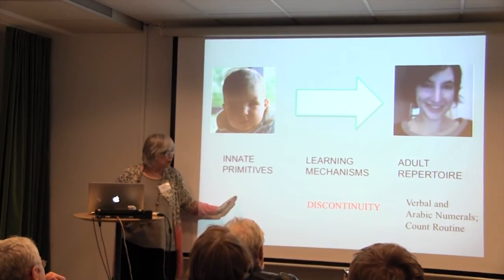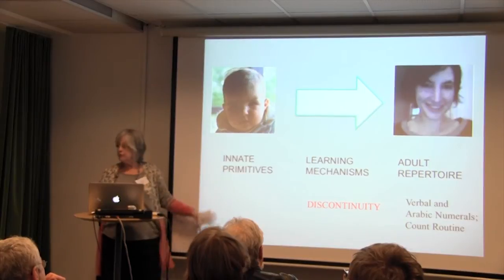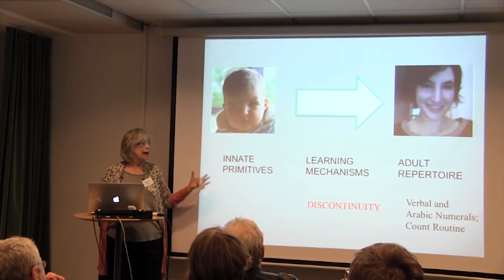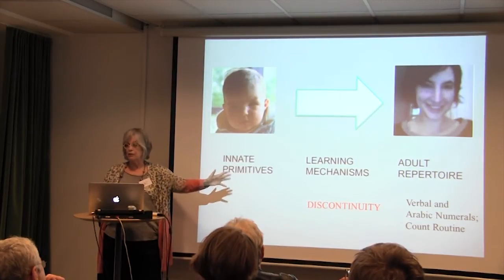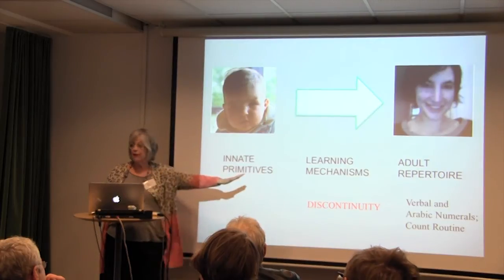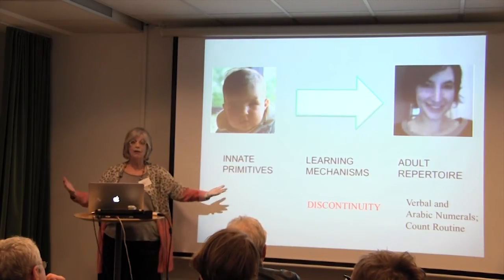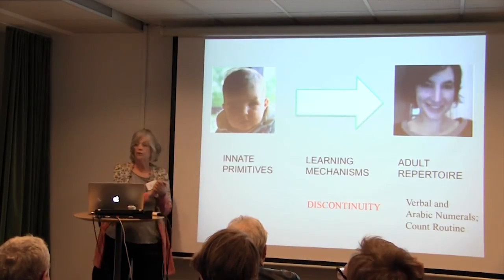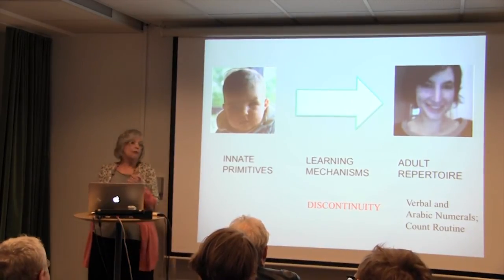And so once you've got a positive characterization of a core system of knowledge, you can ask, is it discontinuous with a later system? And the way you do it is give that kind of characterization and then give a characterization of your target and look at how they're different. So the characterization of the target here, just very quickly, the first